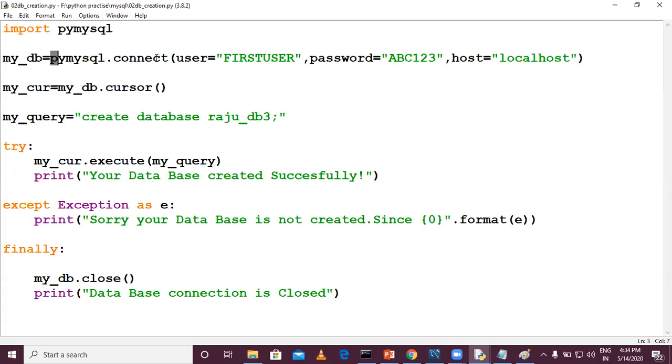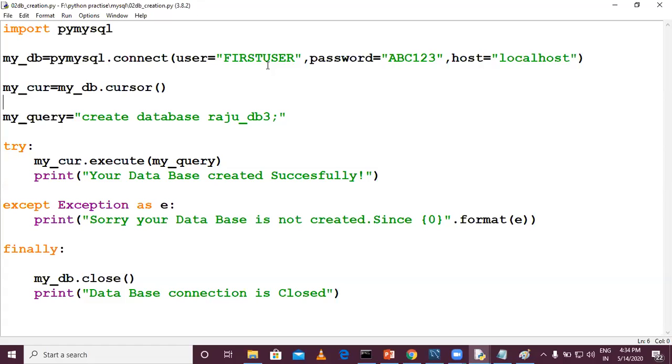Using the PyMySQL connect function, you have to mention host name, then user, password. But here I don't want to give host name first; I want to give the username first. We have already studied this in functions: unordered arguments.